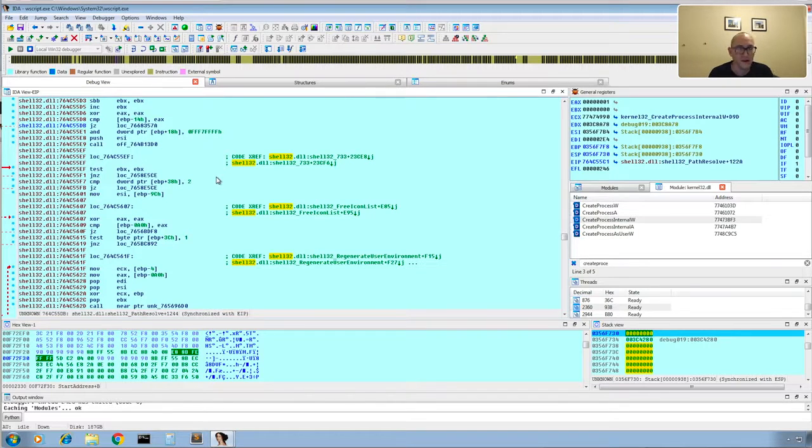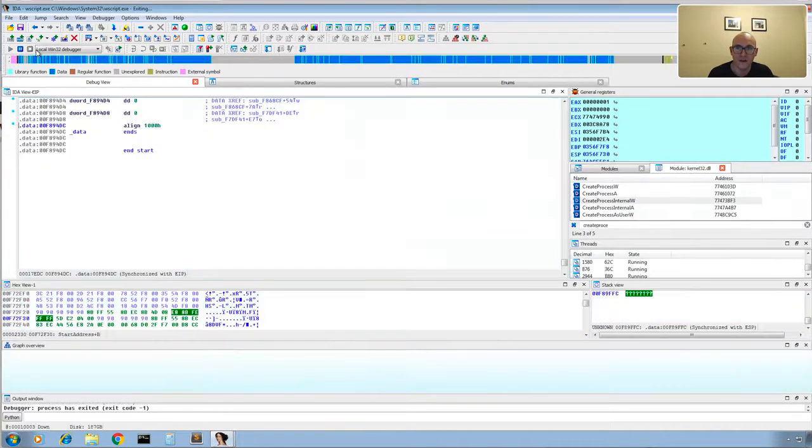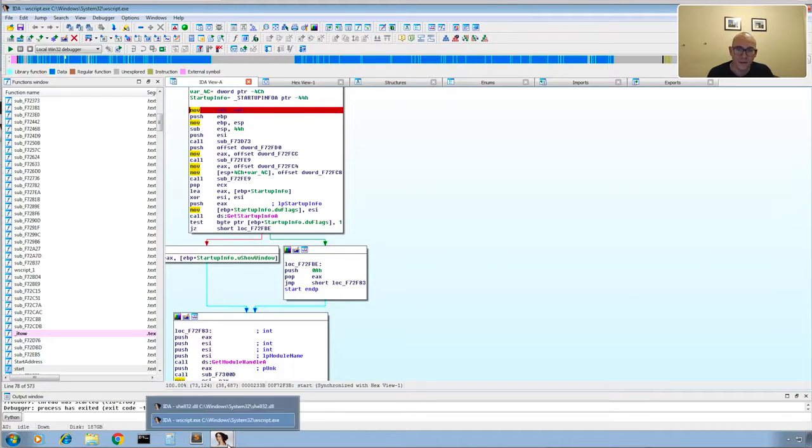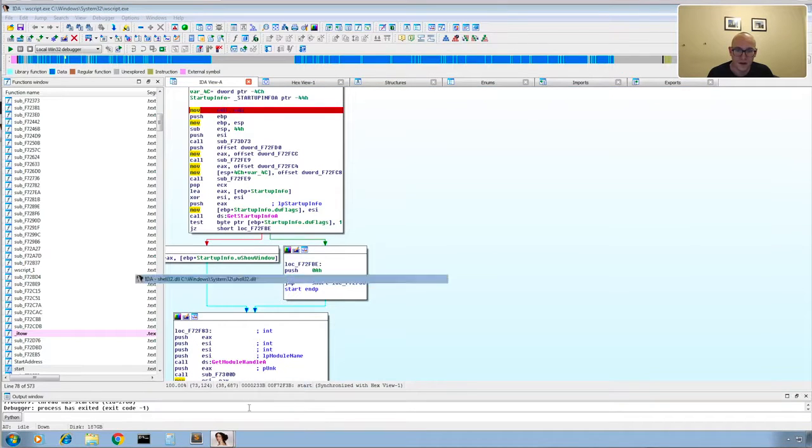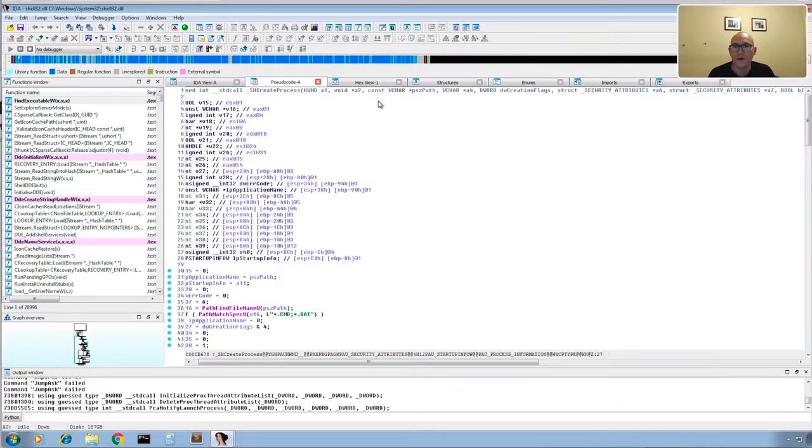I could go and try to analyze this, but what I'd rather do is just open shell 32 DLL in IDA, and because it's a Microsoft DLL, there'll be debug symbols for it. So what I'd like to do is open it with the debug symbols so we can get all the nice markup for the code and make it easy to read. So I'll stop this debug session here,